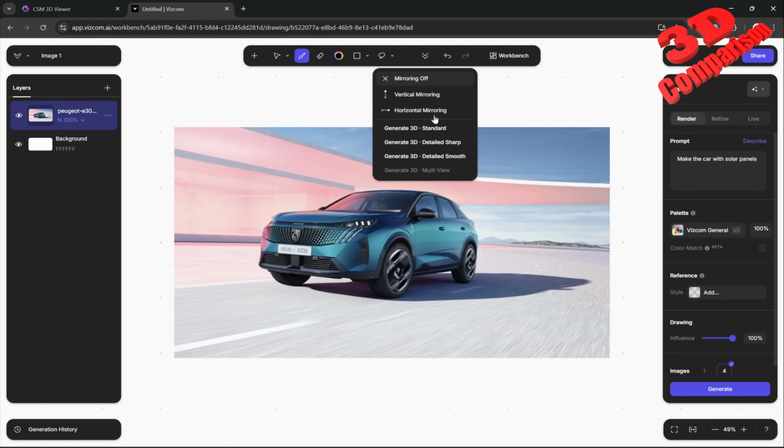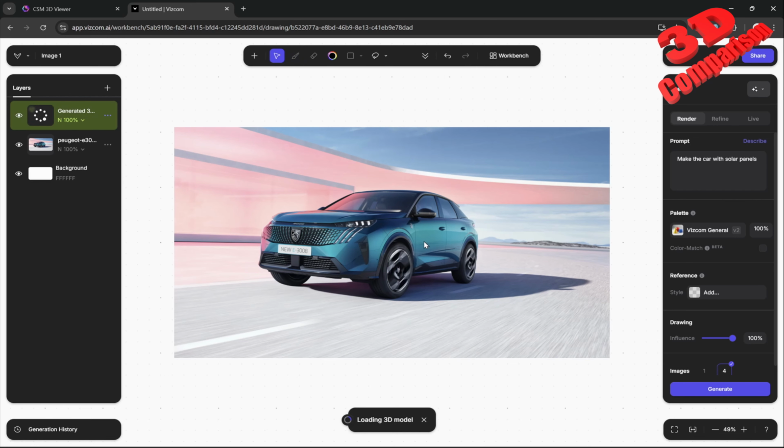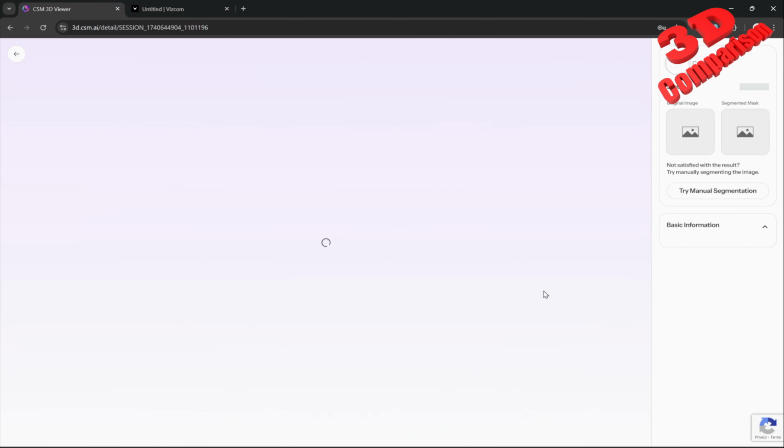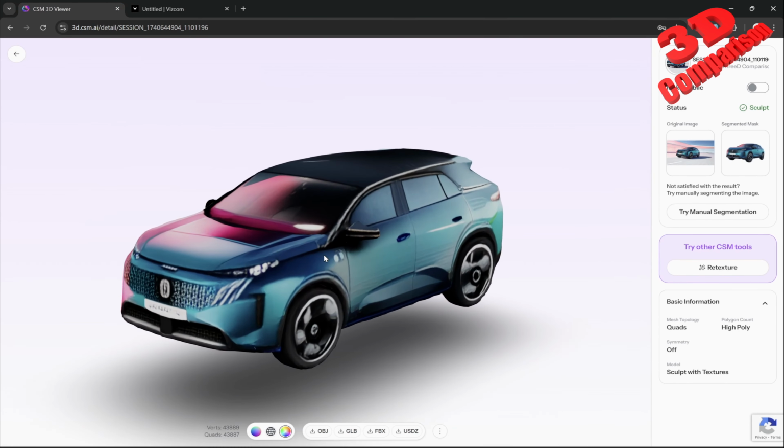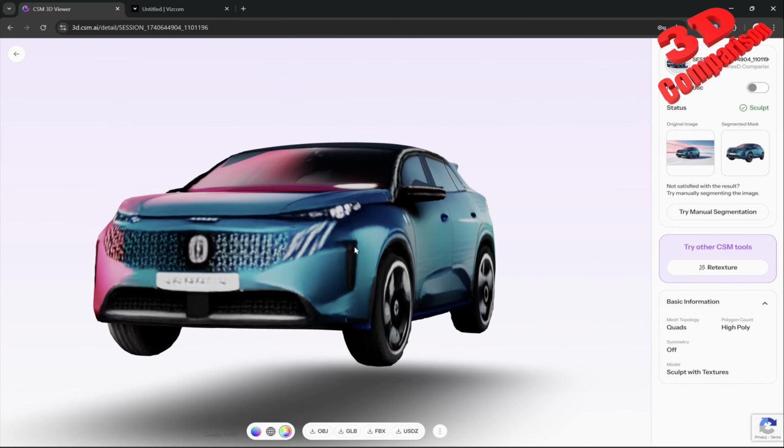So let's take a look. I'm gonna generate a 3D model in detail mode within Vizom. This is for the new Peugeot 308. I already have the model created over here by CSM, and we see over here the minus of this is